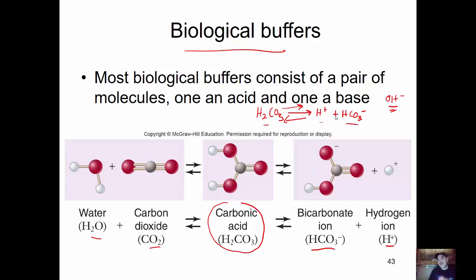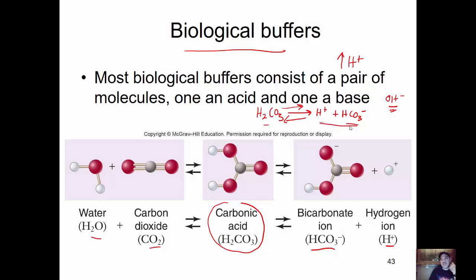Okay. Now, alternatively, instead of throwing a base in there, we throw an acid in there, right? So now we begin to release hydrogen ions. We're adding hydrogen ions. That's going to increase in the system. As we add more hydrogen ions,